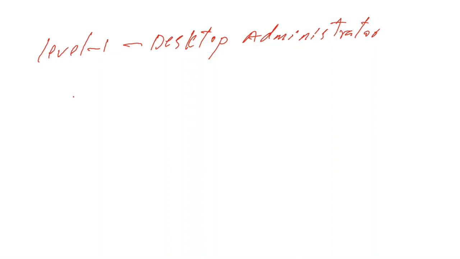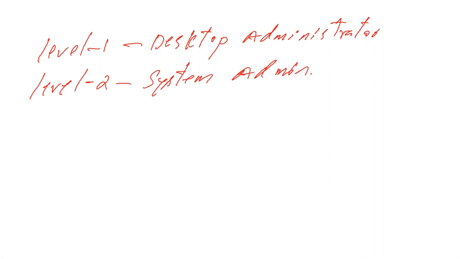Now, after completing our MCSE course, you can become a level 2 administrator. The level 2 administrator is also called system admin, or system administrator, you can say. Now, what is the job of the system administrator? Managing all the servers, network clients, users, user properties, user policy, configuring different types of server services in our network, and giving access, deciding who gets access to how much data, right.